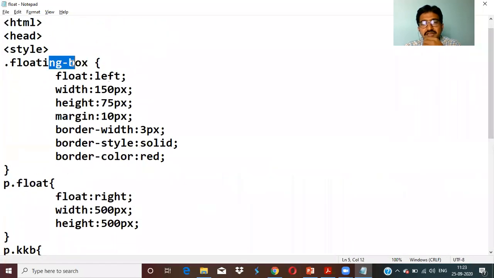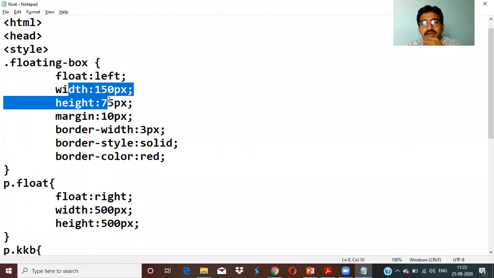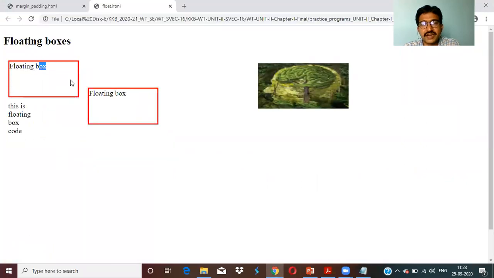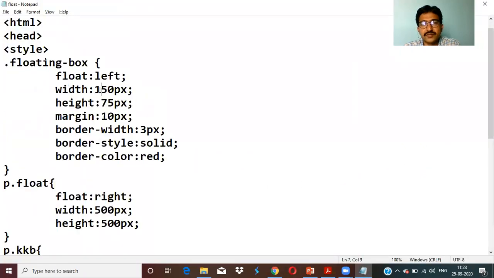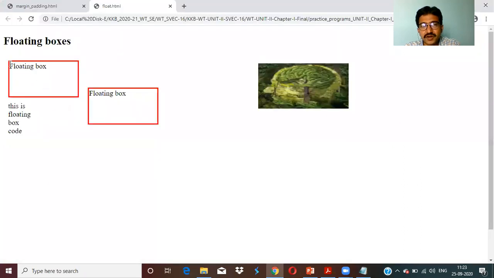This is the floating box class. What have we done here? Float is left. Width and height: the width of the box is 150 pixels and the height is 75 pixels. Margin means here is the margin, which we are taking as 10 pixels.